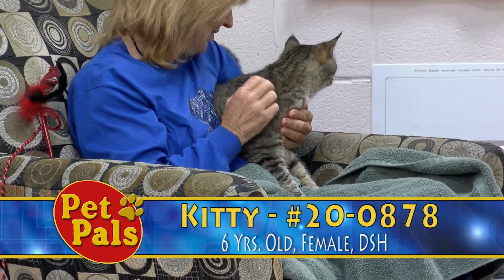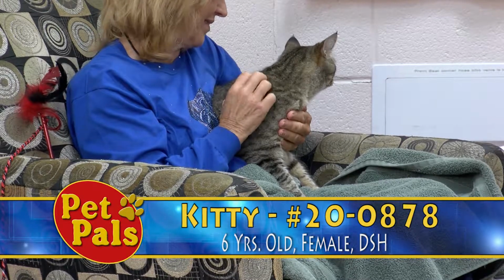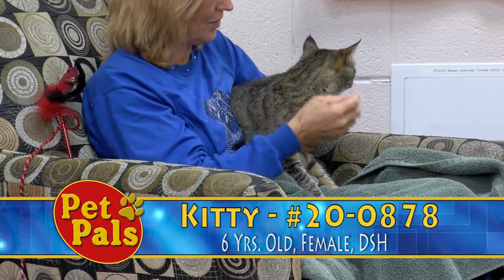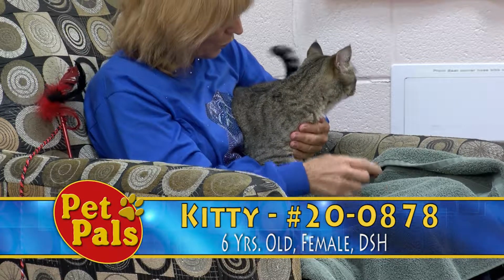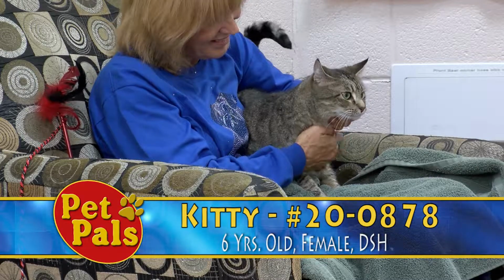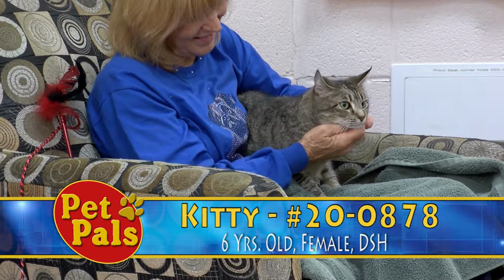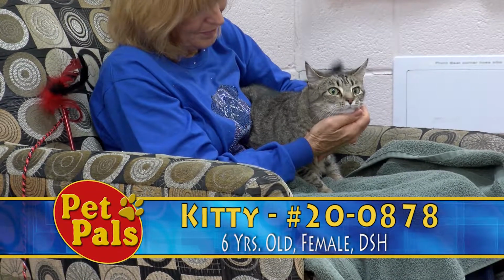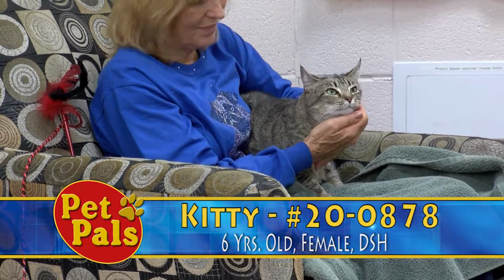She is a beautiful brown tabby, but her eyes are really what sets her apart. They're this really bright green, definitely draw you into her face, and then she's got that dark orangey nose. She's got some great striping on her tail. She's just a beautiful cat, and because she's a senior,